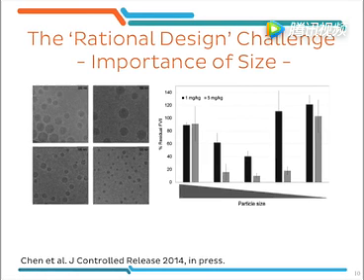This slide here shows an example of an experiment where nanoparticles of different sizes were prepared, and this is what you can see here on the right-hand side. These particles were then injected subcutaneously into mice, and their knockdown effect on a specific gene in the liver was tested. The graph on the right-hand side shows the expression of the residual gene